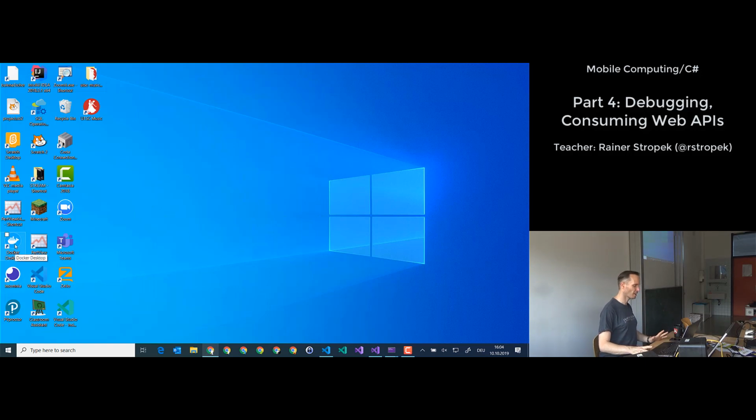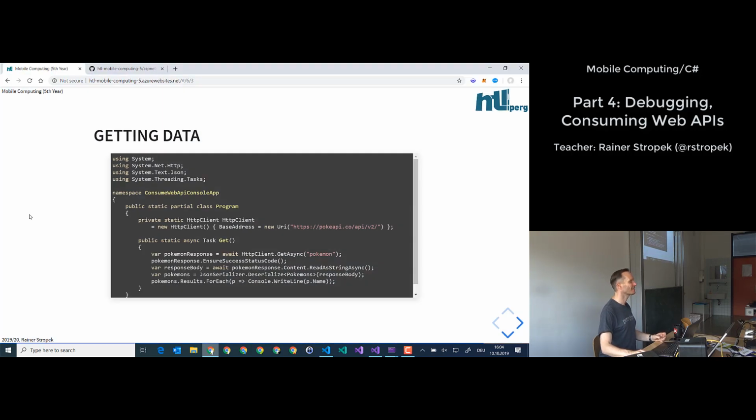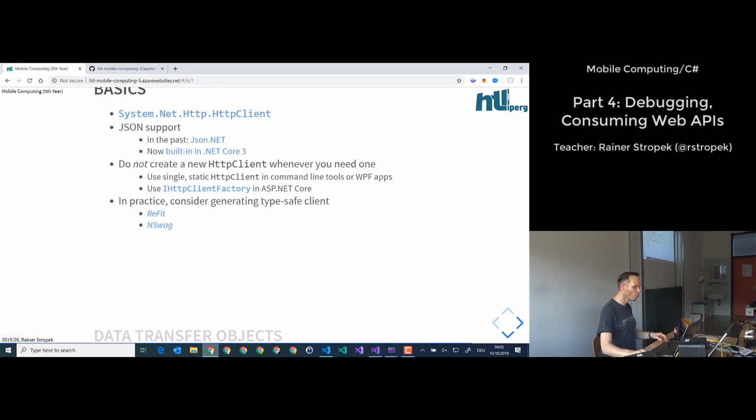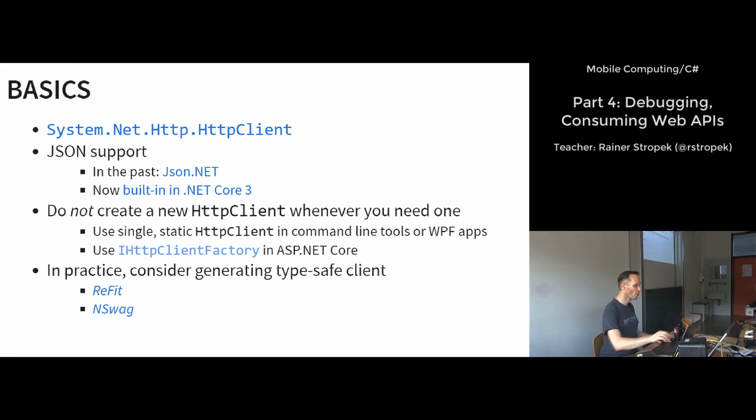It sounds complicated, but it isn't. What do we do if we are in ASP.NET Core and we want to access a downstream web API? In this case, we should not manually create the HTTP client. We should not do that. Instead, and that's pretty new, we should use a service which is called